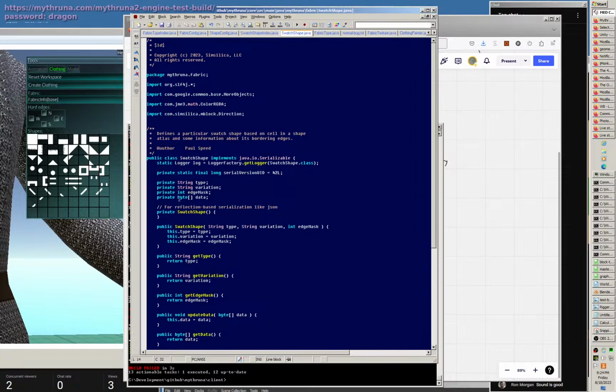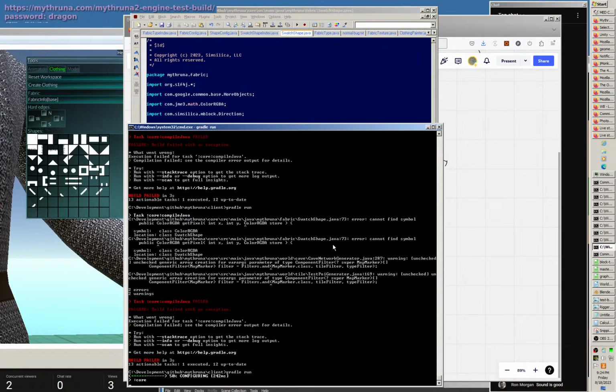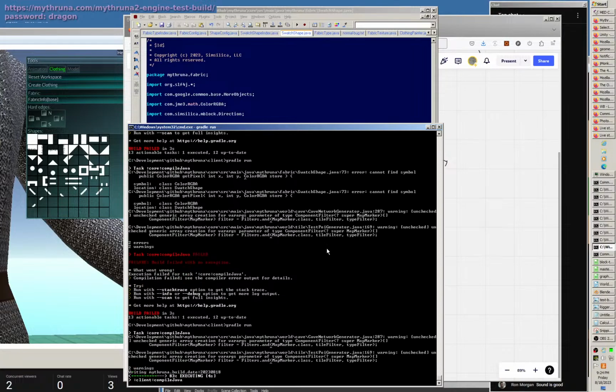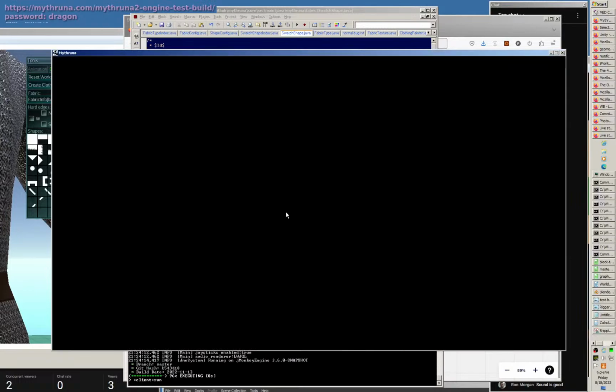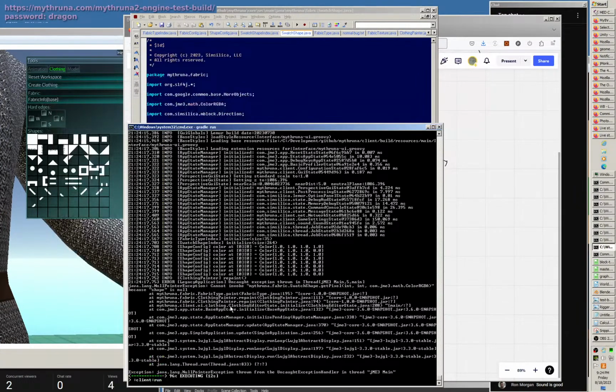But yeah, swatch shape keeps its own data. It used to pull it directly from the texture, but now it pre-calculates all its own data, and so it doesn't need to do that anymore. It can keep it vectors or whatever format we want. We could keep the floats. Alright, so